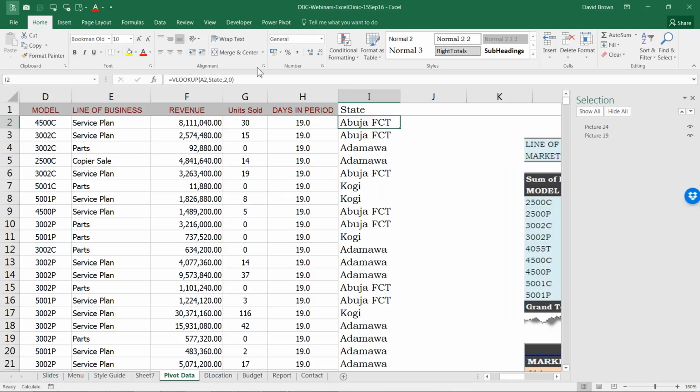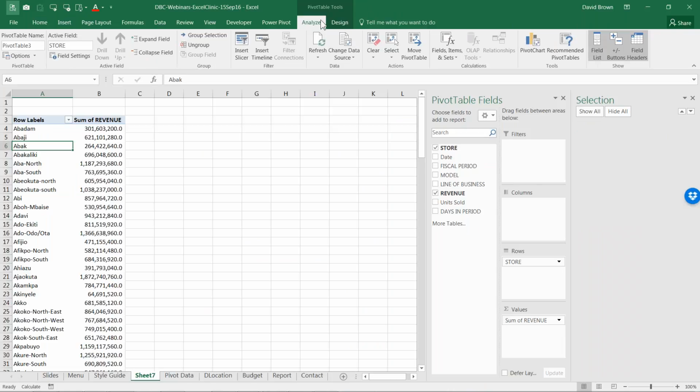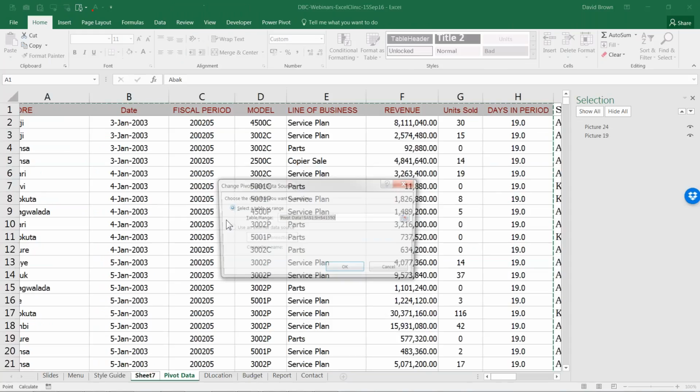Okay, so Oladapo wants to ask if there's any column for state or region. Okay, so we've just created a state column in here. Now we need to put this into our report. Remember, we created a pivot table report. Now, if I come here, I can see that there is store, date, and so on, but there is no state. And even if I go to Analyze and refresh my pivot table, I still don't have state. And that's because the data range, if I go to change my data source, doesn't cover this new column that I have.